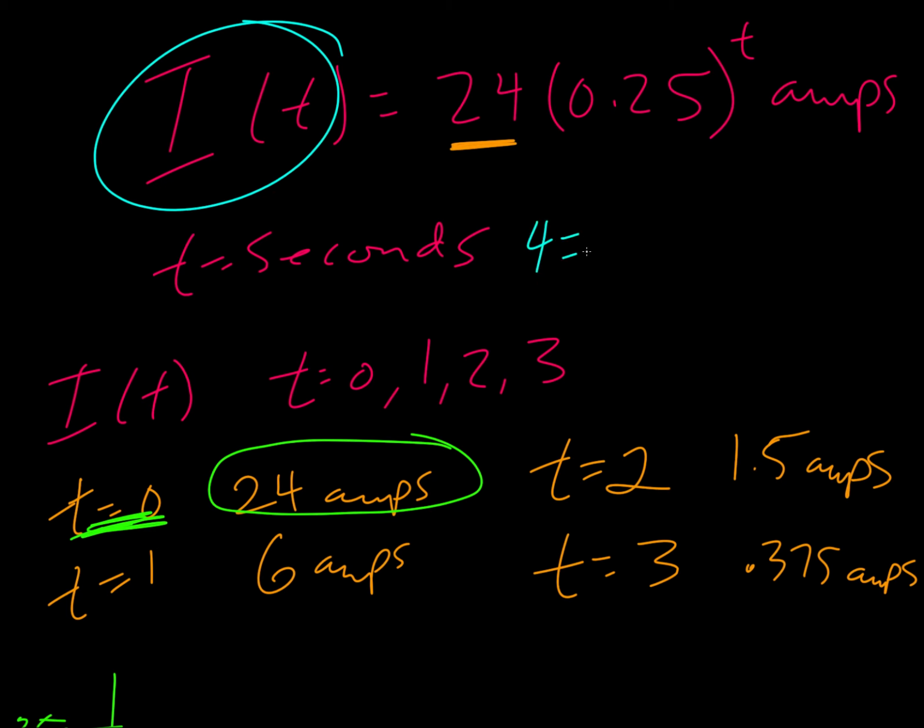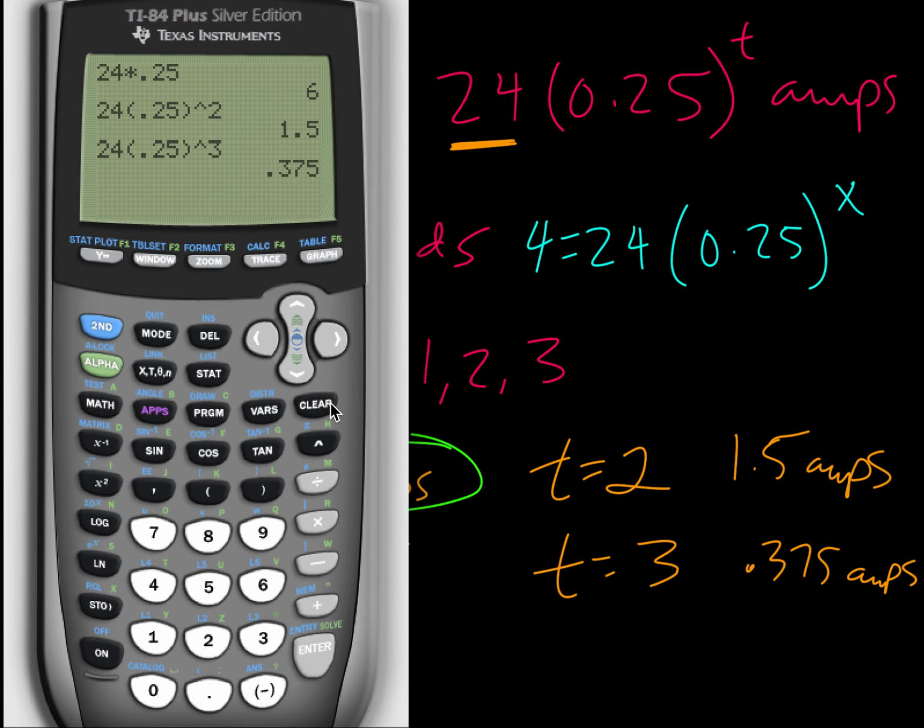So we're going to get 4 equals 24 times 0.25 raised to the t, or since it's our calculator, we'll call it x. Okay, so we're going to bring this up, clear this, type in new equations. So this time we have 4, and then we have 24, 0.25